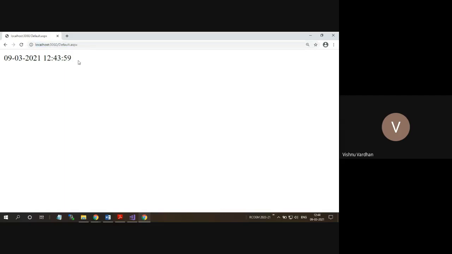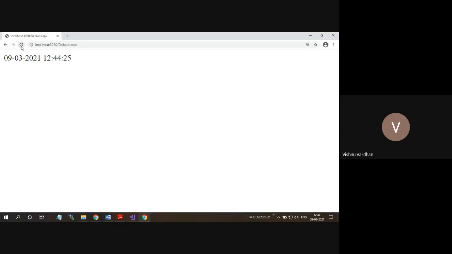I am reloading this, it is 59, and I am going to refresh 1 2 3 4 5 6 7 8 9 10. After nearly 10 seconds only, the value is getting changed. Again 1 2 3 4, the value is not getting changed at all, but only after 10 seconds have elapsed is the value changed.